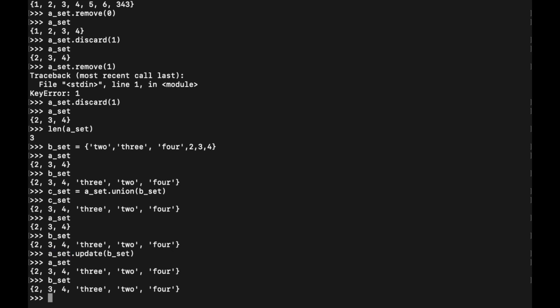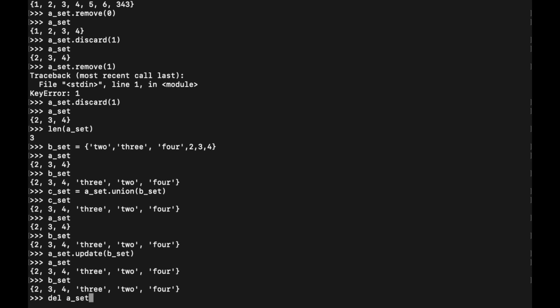Now, as discussed earlier, we cannot access the elements present in our set by using indexes. So if we wanted to delete them, we had to use the remove function or discard function. We were not able to use the del command. But the del command can be used on our sets. It's just that it deletes the whole set. We cannot pass any index or any particular value in it.